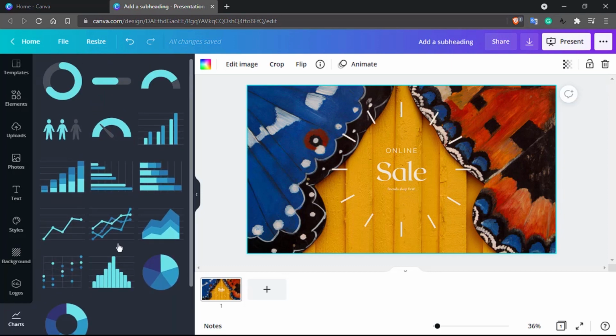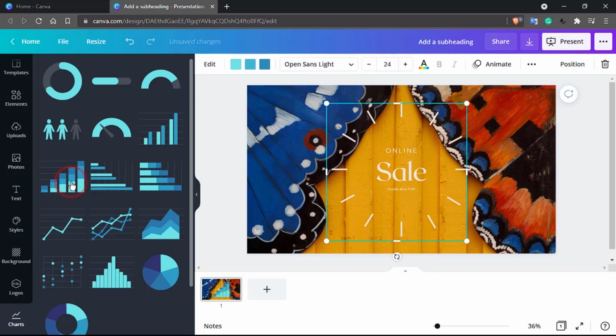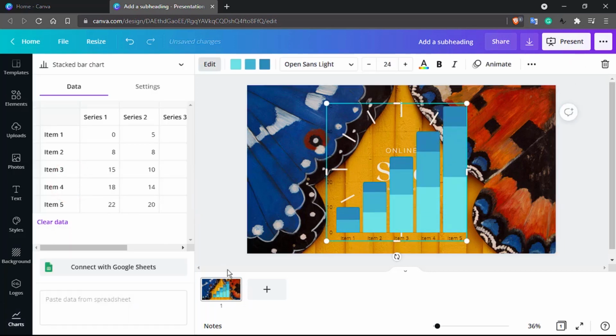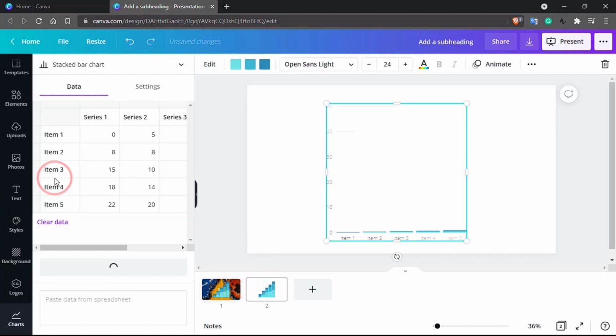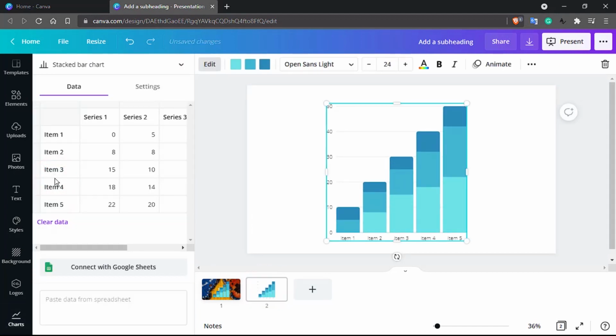Let's find this once more. So charts are basically simple. So let's actually open the charts in a new one. So charts are basically simple. You can see item 1 with 2 different categories. For example, if I change the name, let's change the name of item 5 to potato. So let's see. So you can see this item name has been changed,